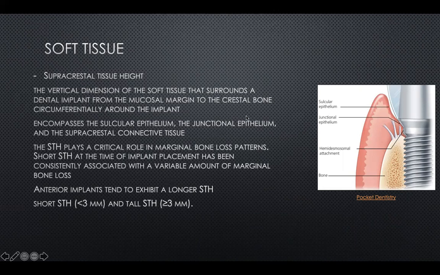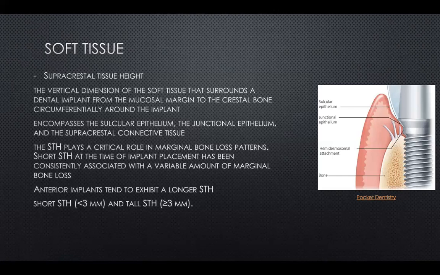And this is composed of the sulcular epithelium, the junctional epithelium, and the supracrestal connective tissue attachment here. This is, or used to be called, the biologic width around teeth or around dental implants. Now we call it the supracrestal connective tissue attachment. So this is an important factor again of the implant soft tissue phenotype, and it plays a critical role in